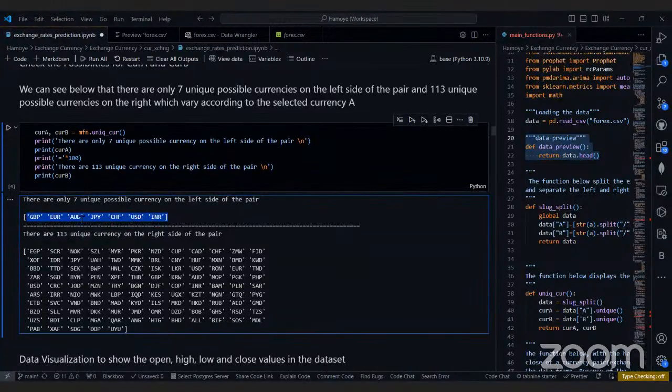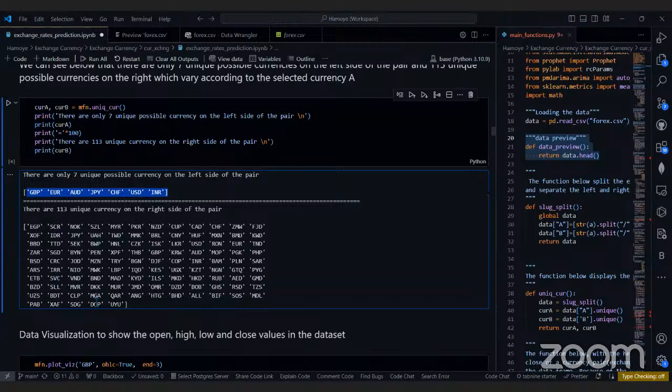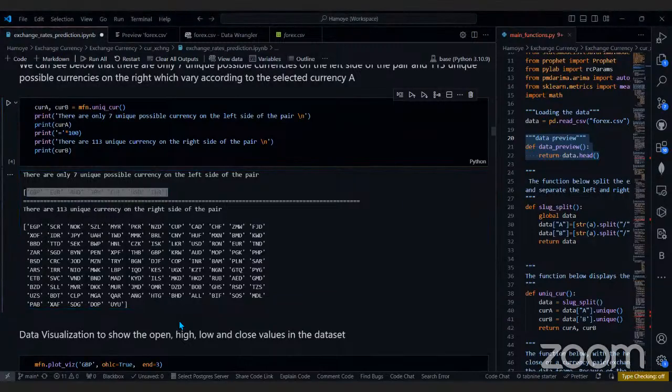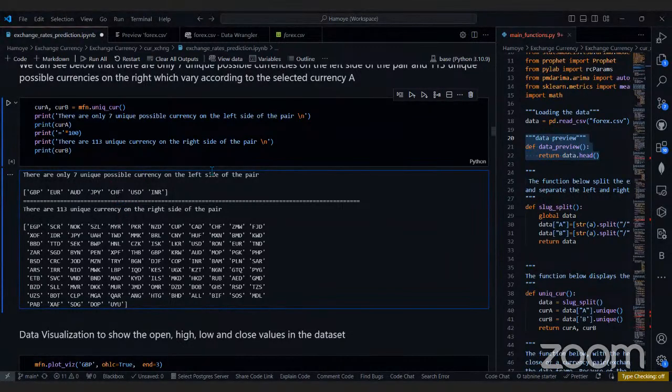So these are the unique currencies that are then being compared with other ones here, right? Thank you. That's the base currency, and that's what I'm looking for. These are the base currencies we have in this data set, and there are just 7 of them. So every other currency is being compared to these base currencies.